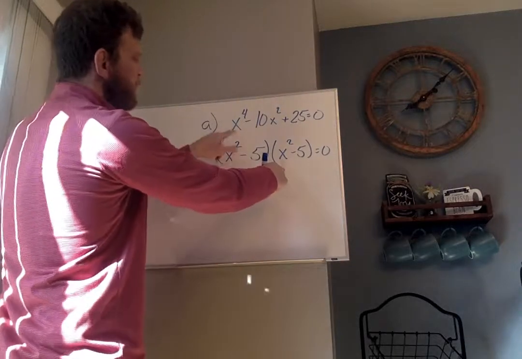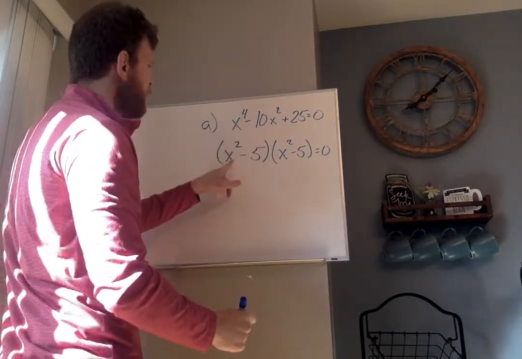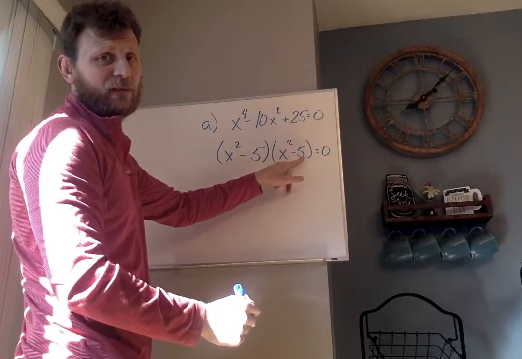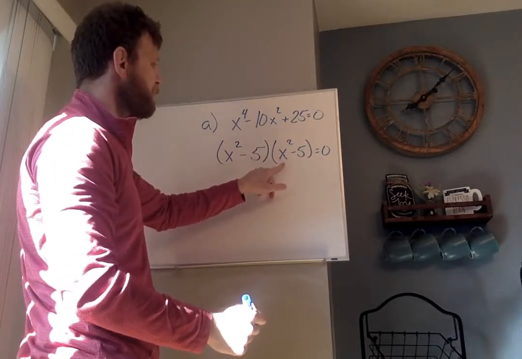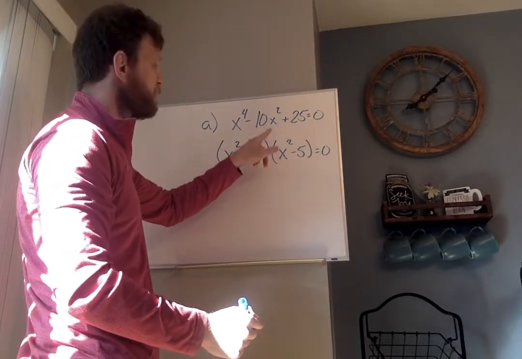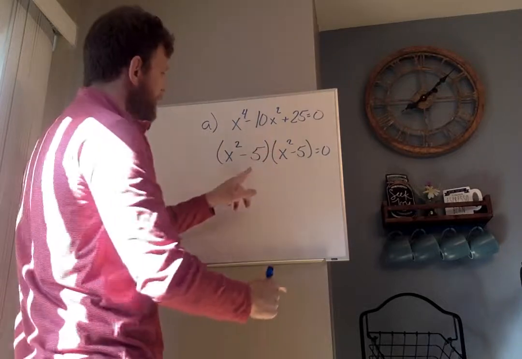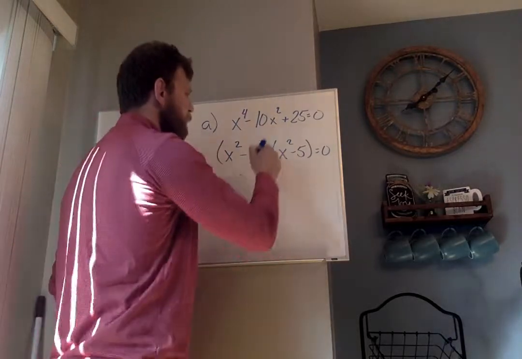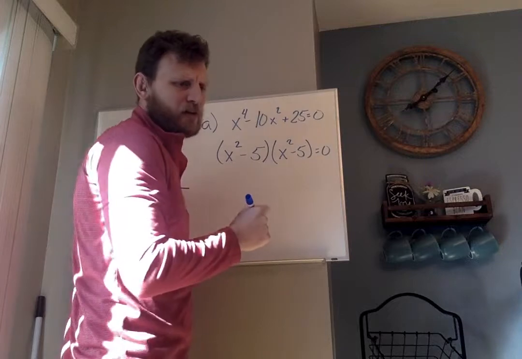x squared times x squared is x to the 4th. x squared times negative 5 is negative 5x squared. Negative 5 times x squared is negative 5x squared. So that's my negative 10x squared. And negative 5 times negative 5 is 25. So now I have,